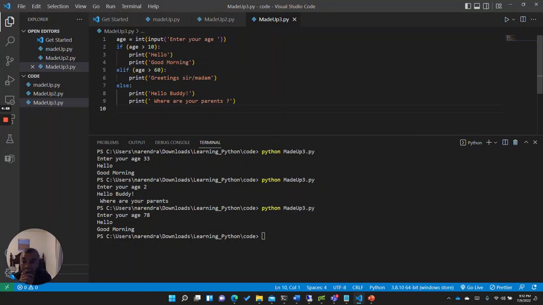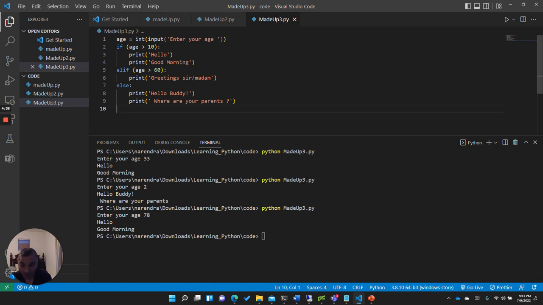Last time we ran into a bit of a bug here. So congratulations, we just wrote 20 lines of code so far and introduced a bug already. Let's see, this actually is a learning opportunity. So what was our plan? Our plan was if the age is greater than 60, then we would say something different.